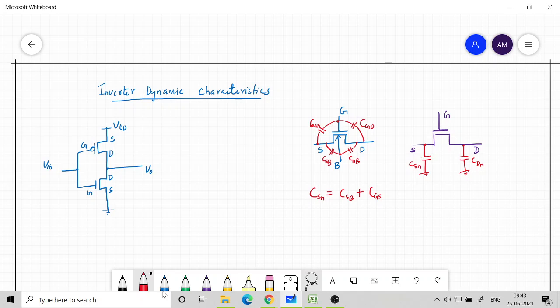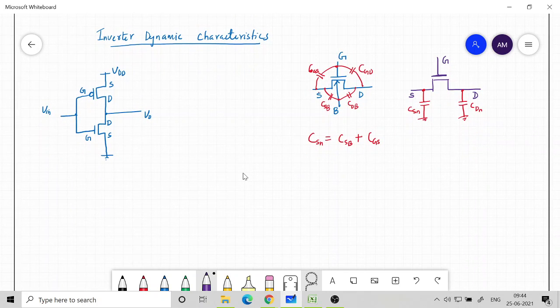And then we have a switch and a resistor here. So now if I further replace the channel also with a resistance, I can now draw it as some resistance which we will call Rn, and then some switch, and then this is our CSN, and then this is our CDN. So this is our source terminal, this is our drain terminal, and the operation of this switch is controlled